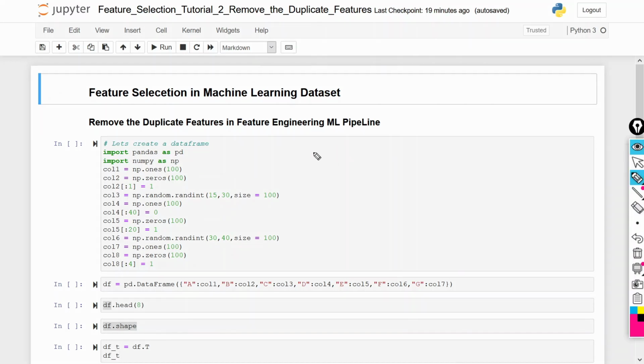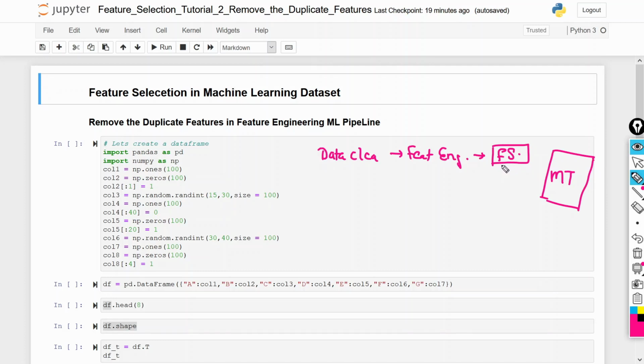You have done data cleaning and after that you have performed the feature engineering technique. So at last, we perform the feature selection technique before doing the model training. In feature selection, we select only those features which are more relevant for our machine learning model and remove unrequired features from the features selected in the feature engineering pipeline.